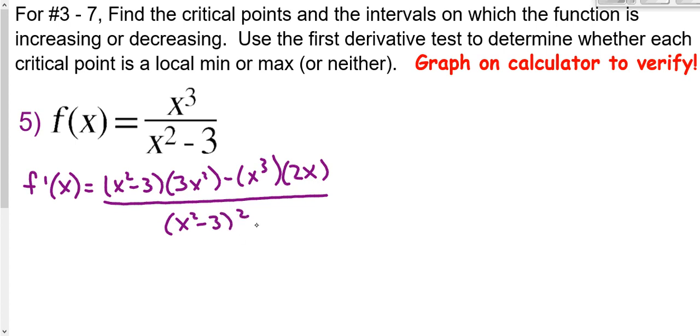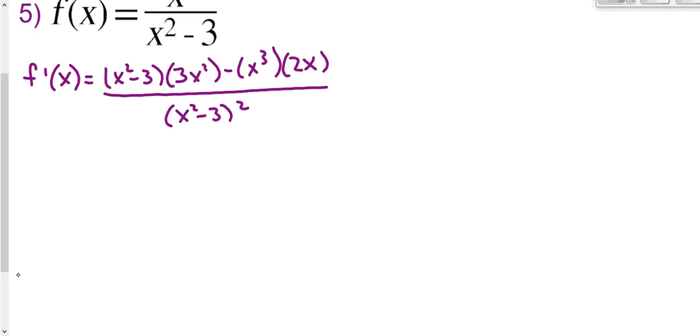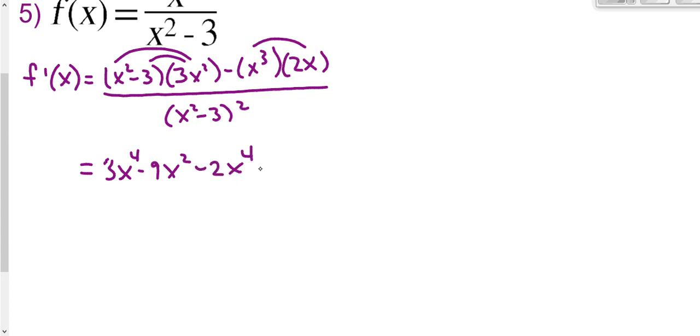Okay, now we need to get this to a point where we can figure out where it's equal to 0 or does not exist. So I'm going to simplify the numerator quite a bit, starting with distributing. So if we distribute the 3x squared, we have 3x to the fourth minus 9x squared, and then multiply these two together and we have minus 2x to the fourth. And that's over x squared minus 3,